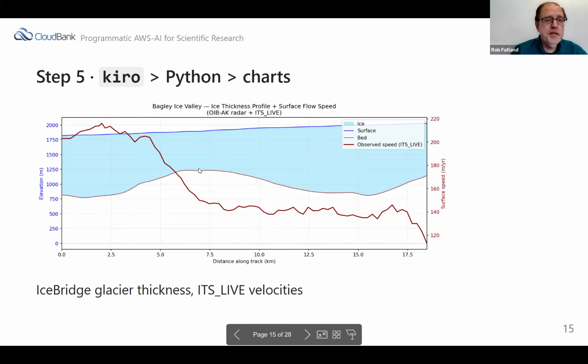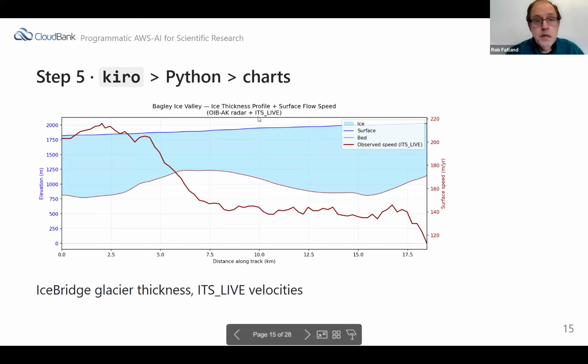And all this is observed data, but if I take the characteristics of the ice and calculate the deformation, I'll find that it's not enough to account for the total speed that we see in this jagged red plot. And so there must be some sliding going on. And I mention this just to motivate a scientific research question that we will then present to Claude Sonnet and ask it for its insight on what's going on here. So let me take a moment.